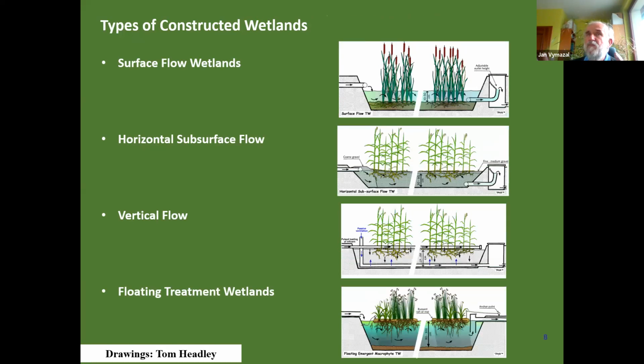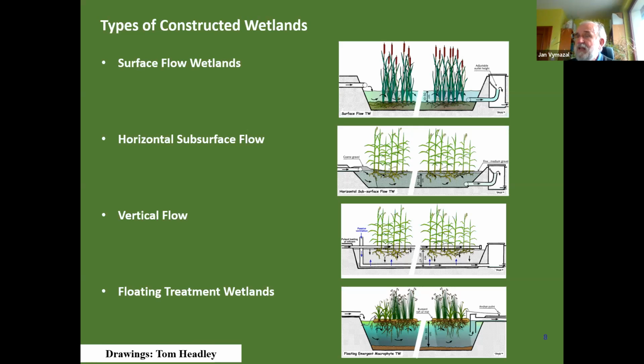There are several basic types of constructed wetlands. Those are with surface flow. That means that there is water on the surface. The water is usually shallow, and the ponds are very densely planted with vegetation of various types, with emergent vegetation like Typha, cattail, Phragmites. Of course, in Europe, we use quite often Phragmites australis. It's not so popular in the United States, but there are some other species like Carex or